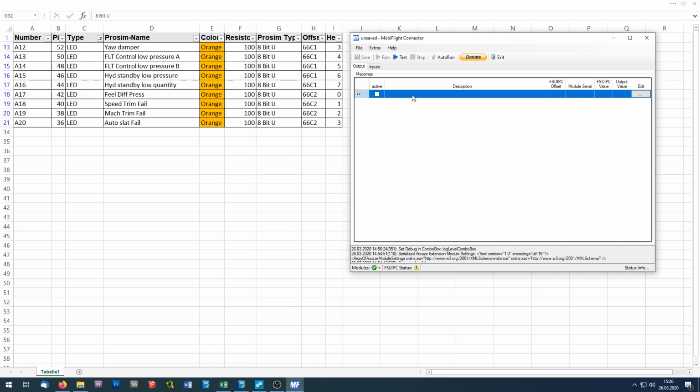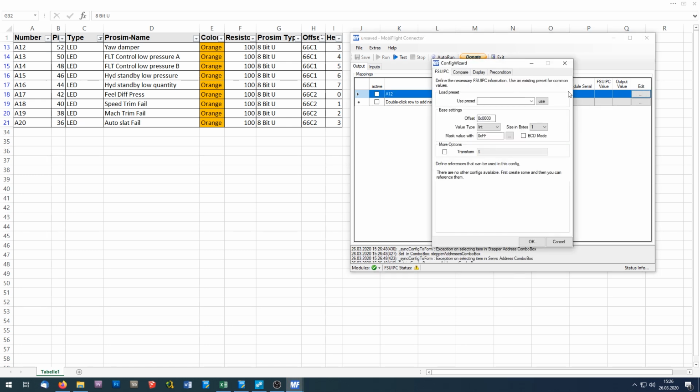I will double click here in this line and type in my number, which is A12, and click on Edit. And here I can insert my offset settings for this LED, and this will be 66C1,